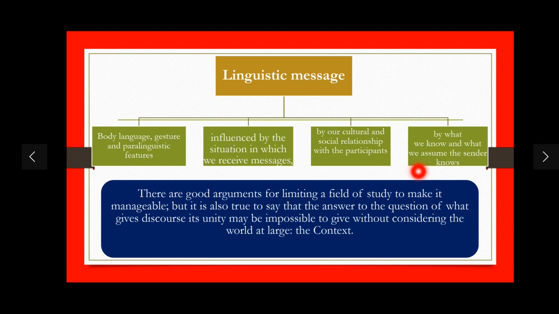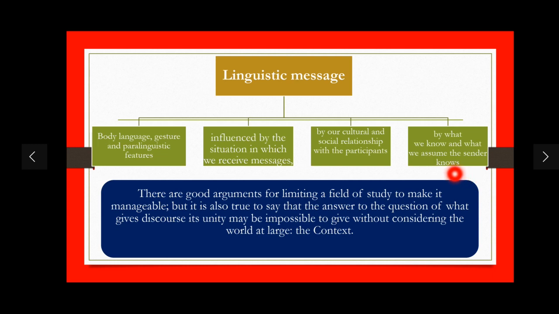Because most of the time, the speaker will not say everything in the message. The speaker will leave out something, okay? Or the speaker will leave out some of the words and will assume that the listener will know about this. And what happens if the speaker assumes that the listener will know about this and the listener doesn't know? Then there will be miscommunication. So these are all other factors which also influence the message, right?